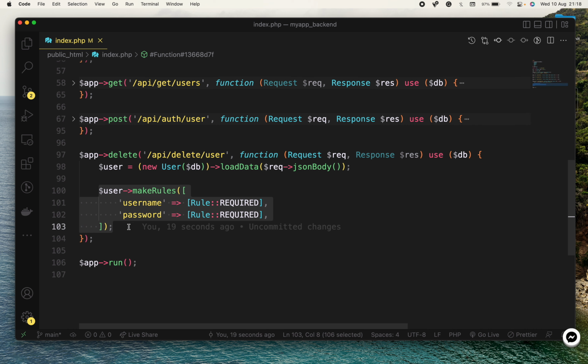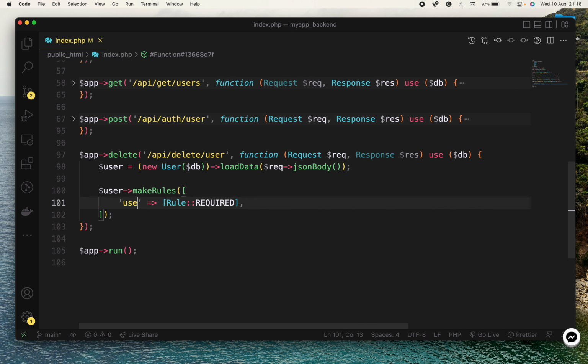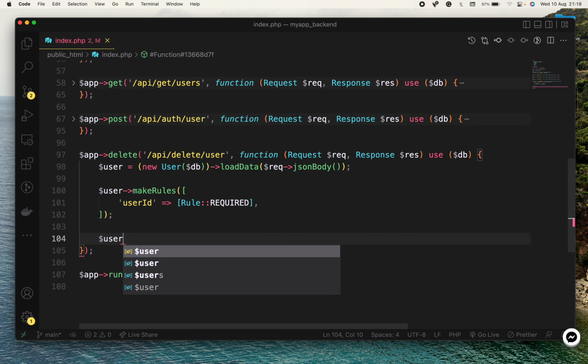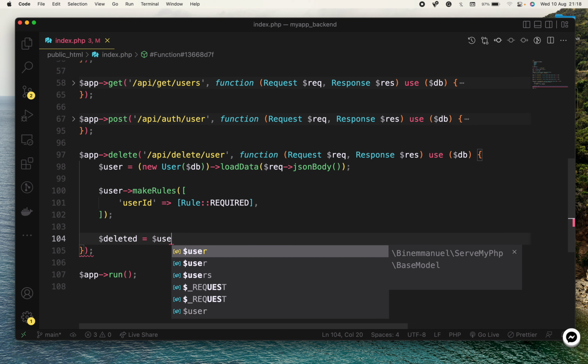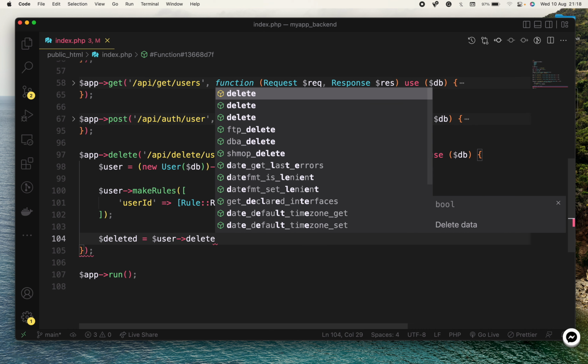Then we can now create a rule that says user ID is required. So you have to pass the user's ID for us to delete this user. And then if you give us the user's ID, then we can delete the user. So I'm going to create a flag called deleted. This is a variable which is going to be true or false, and I will call the method delete